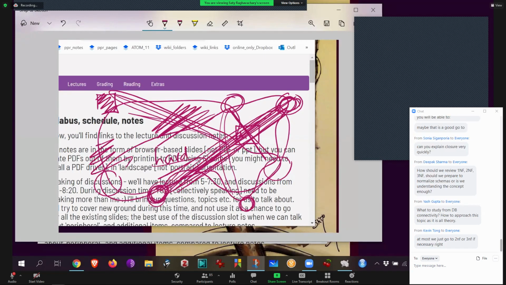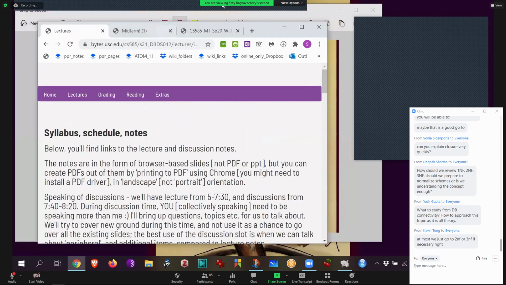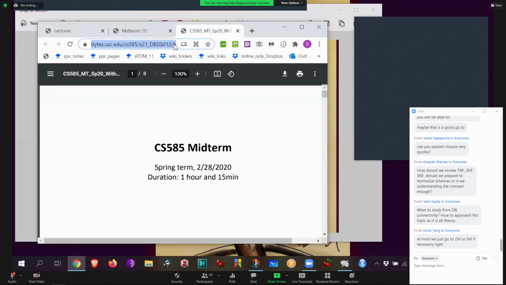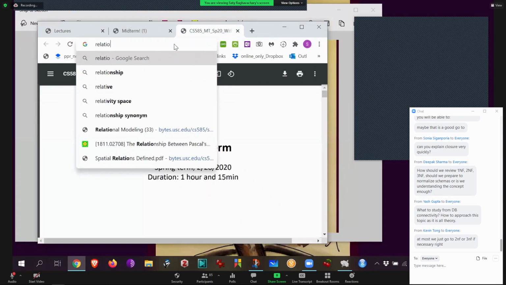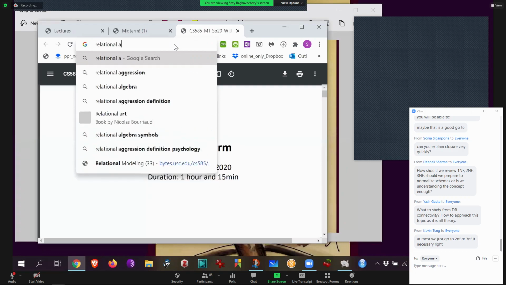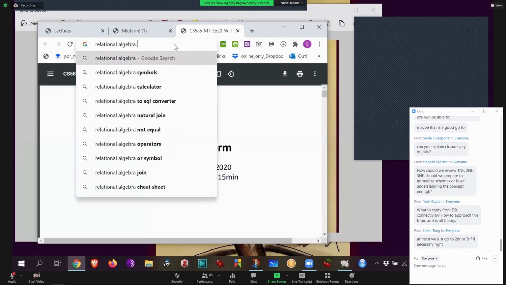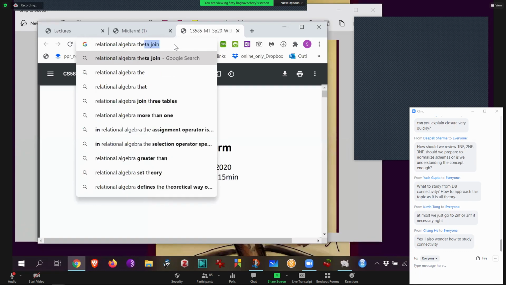Right, so connectivity, and the word theory, I would not use that word at all. It's a common word, and I'm not faulting you, but a theory is so different. A relational algebra theory, to make it actually a theory, is completely mathematical. We're not doing that at all. We're keeping it very, very practical. Theory is the opposite of practice. I'm not going to say this is theoretical at all.